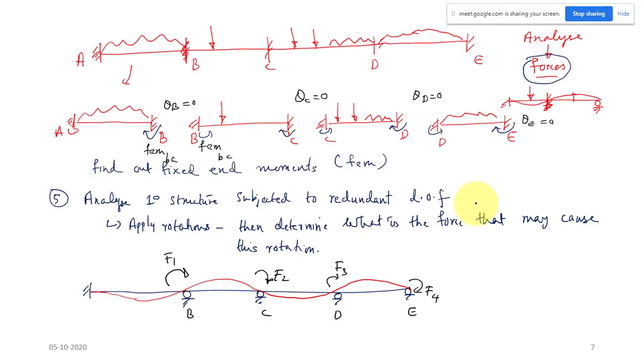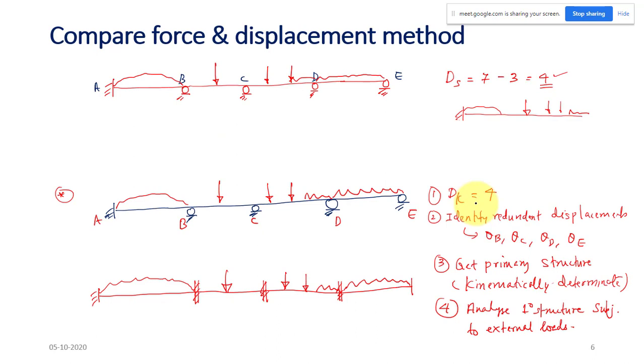This is the basic step. So we can see each and every step. We can find some similarities, the procedure is completely similar, but some differences. Like here we are using kinematic indeterminacy, whereas in the force method it is static indeterminacy, and here we have displacements as unknowns. That is a kind of difference we can see, but still if you compare the procedure, you will find that it is completely the same procedure we are following.